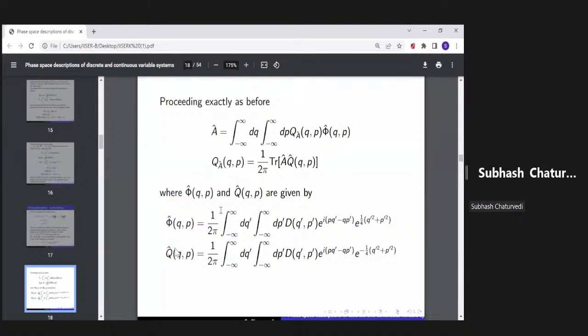So notice that unlike the Wigner-Weil prescription, where going from the phase-space function to its operator you need one operator Q. In the reverse way, you need another operator, which is indicated here. So it's not symmetric in that sense, in the method, the way in which you pass from the phase space function to its operator,